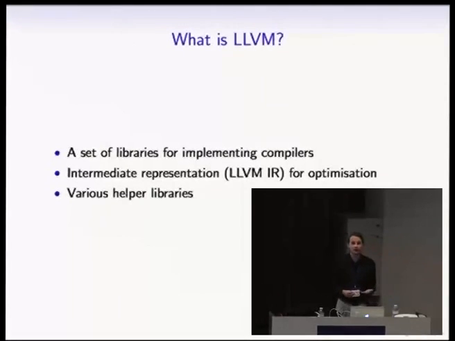But the useful thing about LLVM is that it really has this very modular architecture. So we have libraries for representing LLVM's intermediate language, which I'll talk about a lot in the next few slides. We have libraries for doing optimizations, libraries for writing out assembly, libraries for manipulating object code files, and they're all roughly independent. There are things like the support library that all of the others use. But mostly you can just pick and choose the bits you want. So it's sort of Lego for compiler writers.